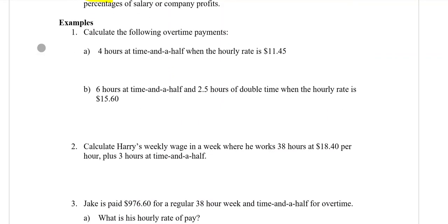So let's have a try of these questions. Example number 1, calculate the following overtime payments. Somebody is working 4 hours at time and a half. Remember, time and a half is 1.5, and their hourly rate of pay is $11.45. So what we do is we times all that together. They work 4 hours times by time and a half, so that's your 1.5, times by $11.45. It doesn't matter the order you multiply them in. If you go 4 times 11.45 times 1.5, you will get the exact same result. So this is